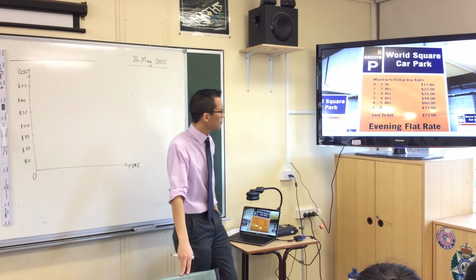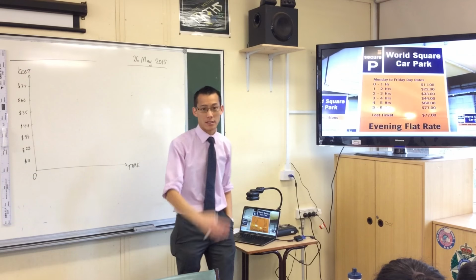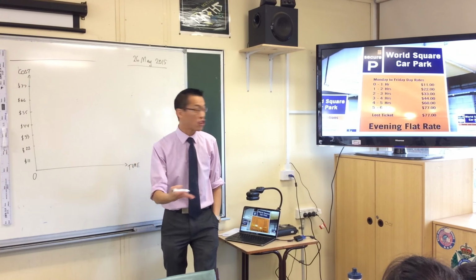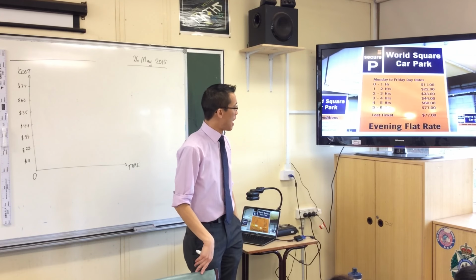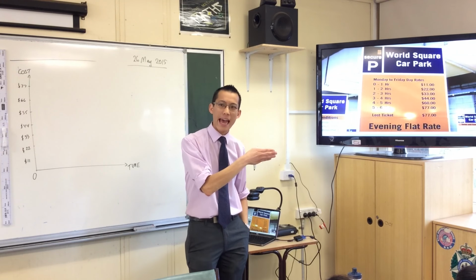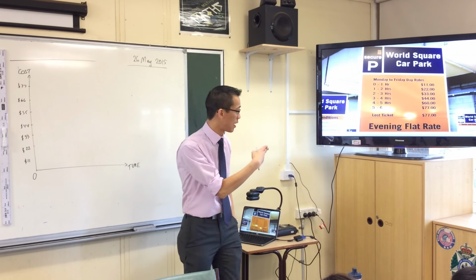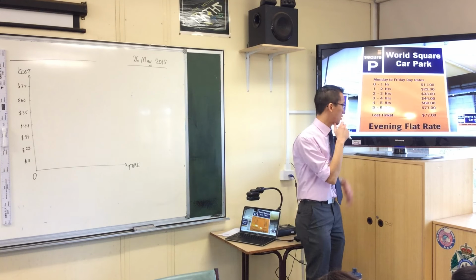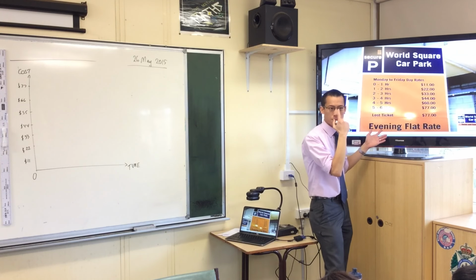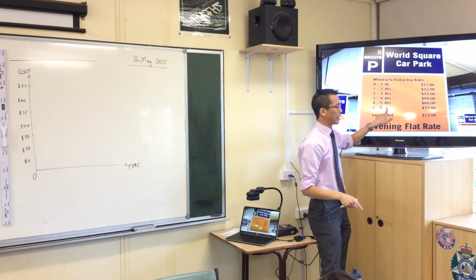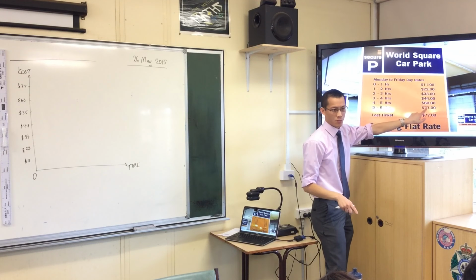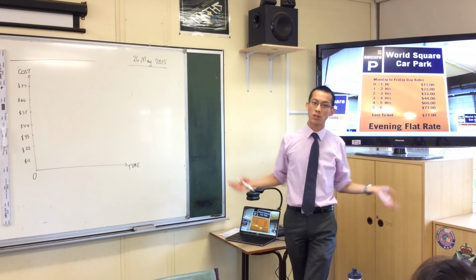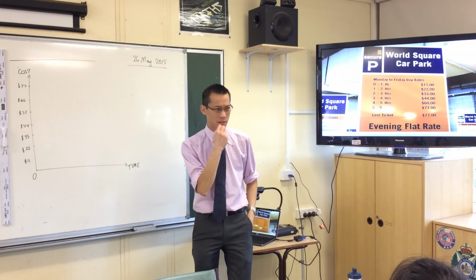Now, our horizontal axis. Suggestions? What am I going to need across the bottom here? How far am I going to have to go? I'm going to have to go up to 6, right? By the way, even though it doesn't say what's happening for 6 plus, there's enough information here to determine what's happening for longer than 6 hours. What would you conclude? It just goes straight. Yeah, it's just going to keep on going at this rate. Partly, I would guess from this, if you've lost your ticket, we have no idea how long you've been here, so that's why we charge you the maximum amount. Does that make sense?